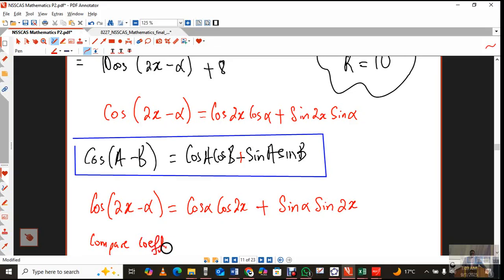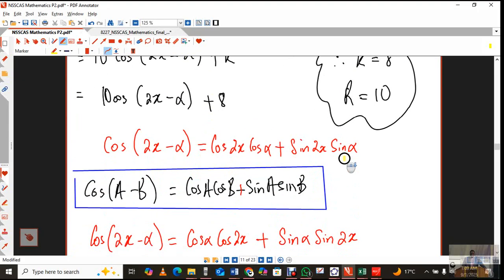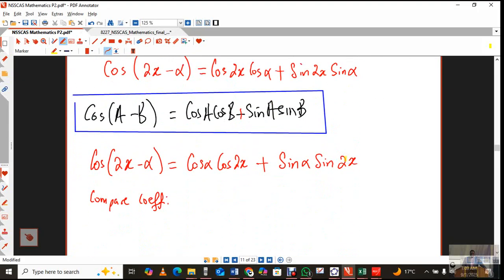Compare coefficients from this part, this little teeny weeny part over here. So I'm just going to highlight this, just this part. Okay, we have no worry at the moment. We got our k, we got our r. So that 6 sine 2x, okay, so that is